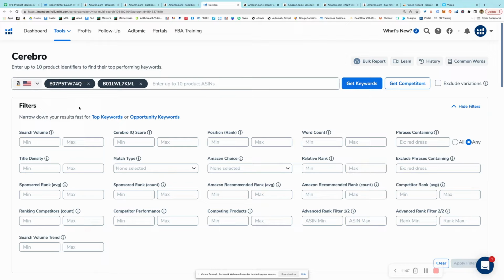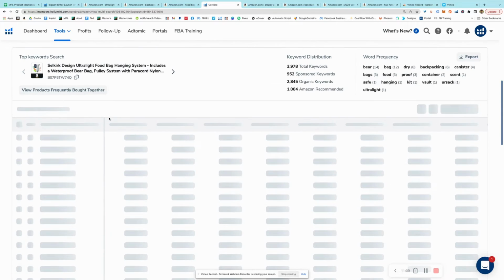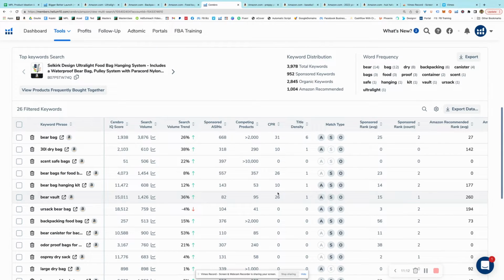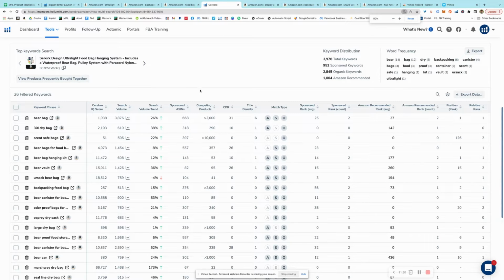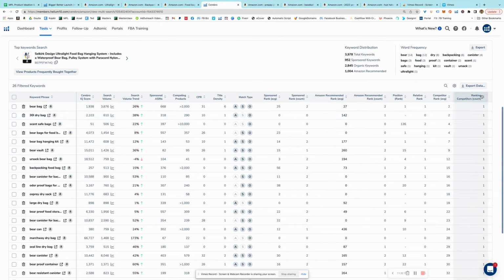Now, what I'm interested in here are the top keywords. So I click that filter, and lo and behold, we get the top keywords, 26 of them filtered, and they are actually filtered by the sponsored rank or the competitor rank average, which if we were to scroll over here, we would see that. Competitor rank average, they're listed in order of that. So for these two products,